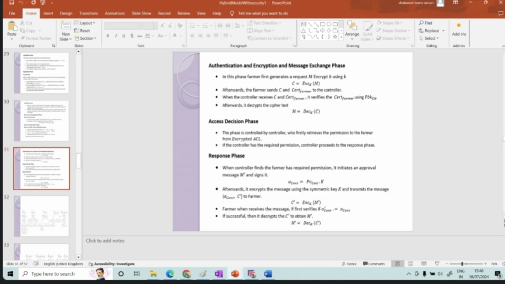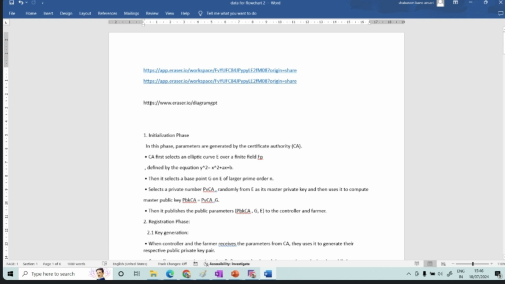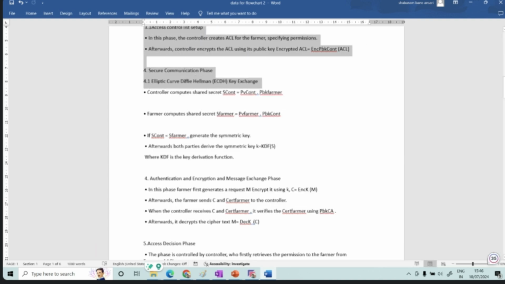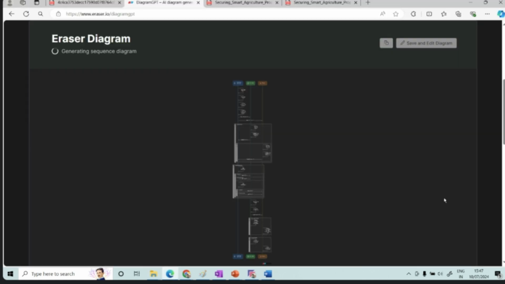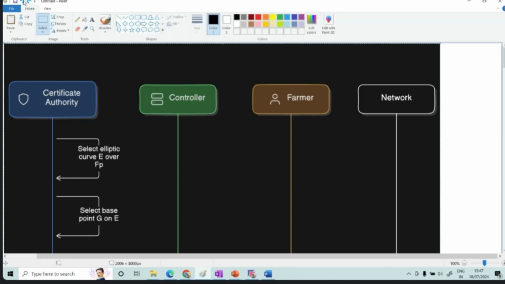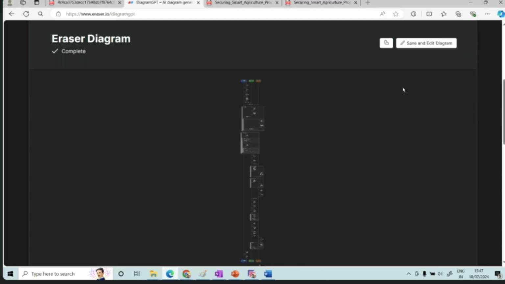So I think now we have modified whatever was needed and we will use this to generate the diagram. Now there are only three entities. You can see there are only three entities. I can't see very well. You can zoom. I will do it. I will just copy this in a pen and then we can see it in clear form, because right now it did not generate properly.